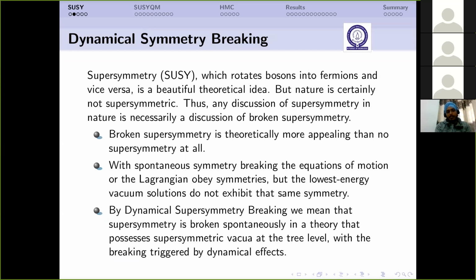So let's go to spontaneous symmetry breaking. What we say is that the equation of motion, or the Lagrangian, obeys symmetries, but the lowest energy vacuum solution does not exhibit that same symmetry. Dynamical supersymmetry breaking is also part of spontaneous symmetry breaking. In this, supersymmetry is broken spontaneously, such that it is supersymmetric at the tree level, but the breaking that actually is